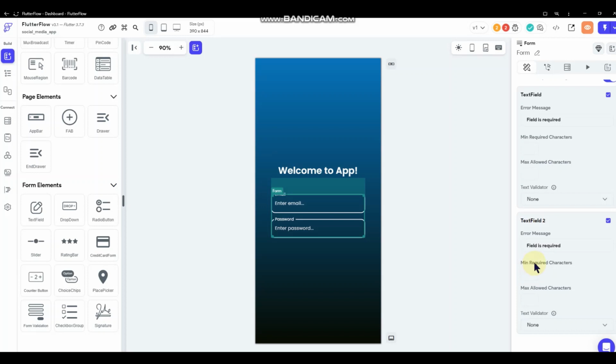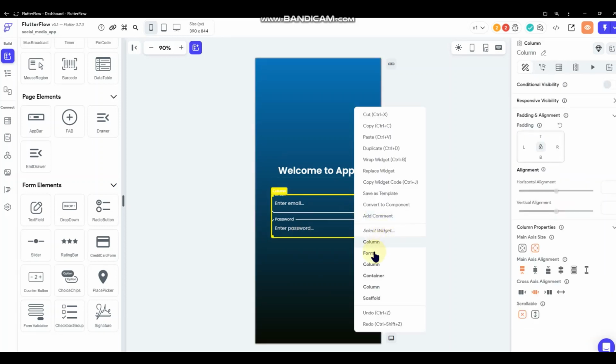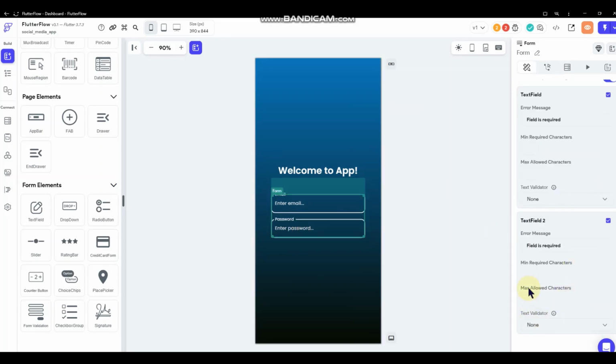And you can set minimum or maximum characters when they're entering that. So that's useful for some things, but we're not going to worry about that. Well, actually, for password, oops, back to that. For password, we are going to have a minimum requirement on that,